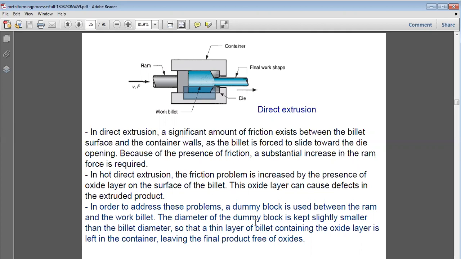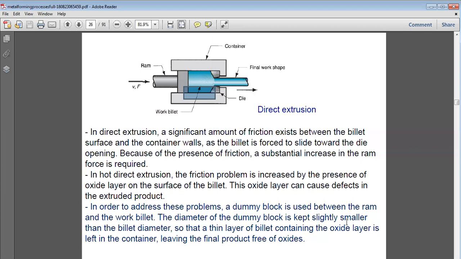Yes, the diameter of the dummy block is kept slightly smaller than the billet diameter, obviously because it has to pass through the die. So we will be keeping it slightly lesser than the diameter of the die, so that a thin layer of billet containing the oxide layer is left in the container, leaving the final product free of oxide.